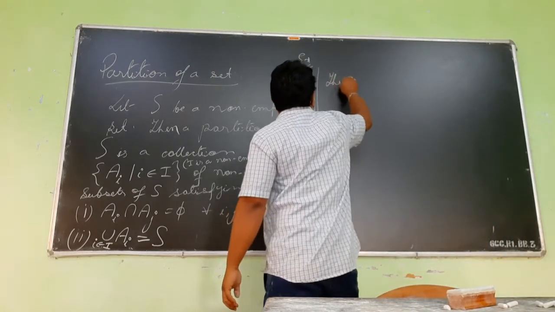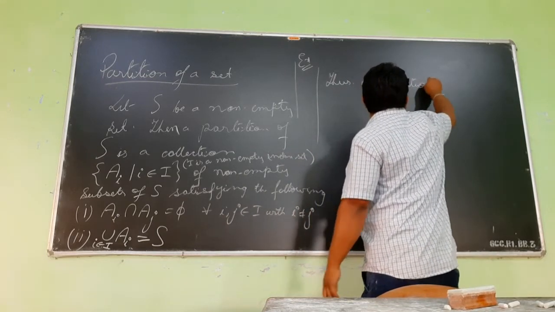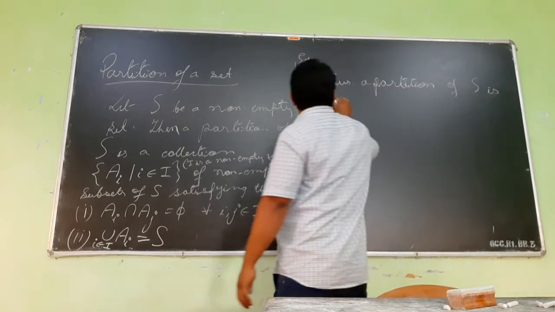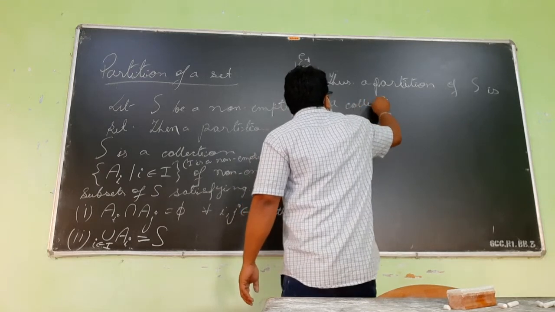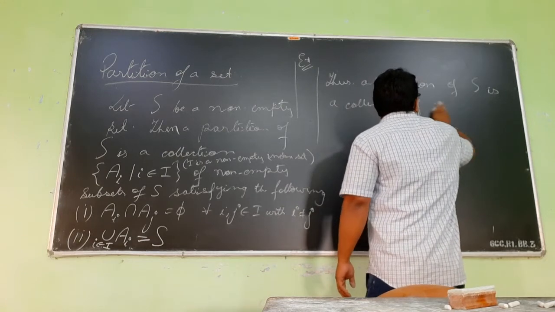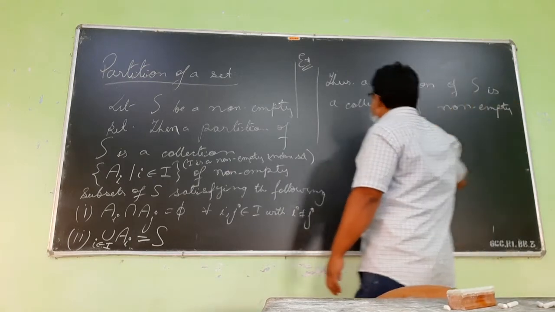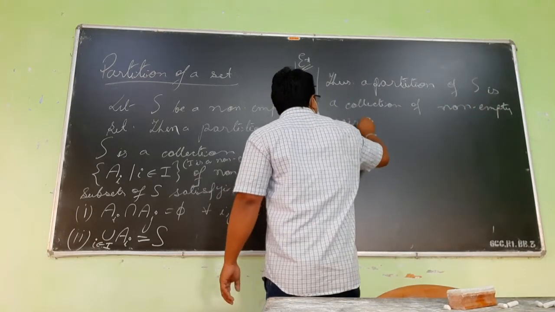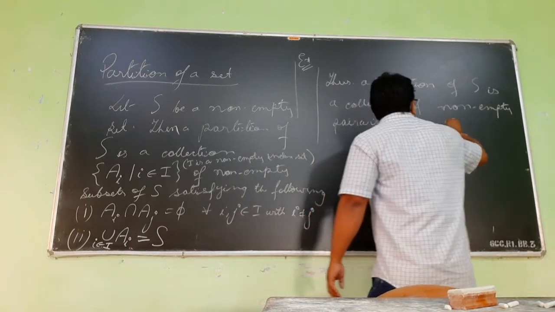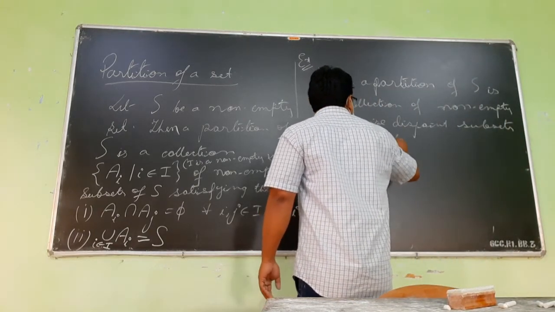Thus, a partition. So in language, how can we say it? A partition of S is a collection of non-empty, pairwise disjoint subsets of S whose union